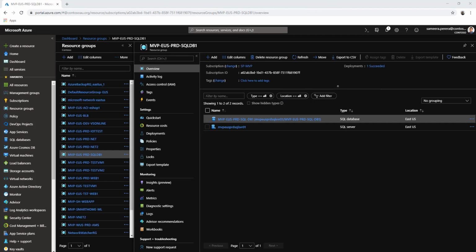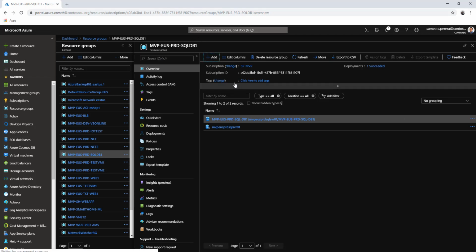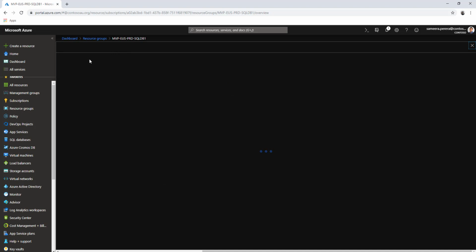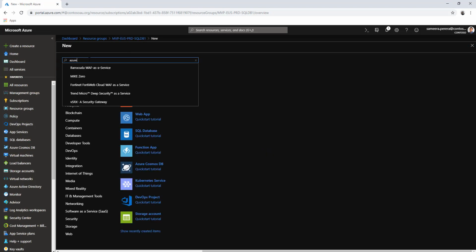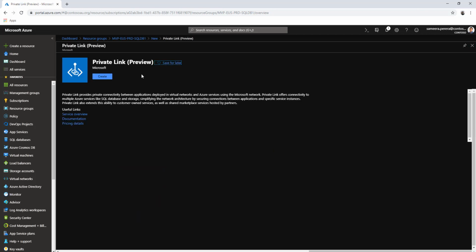So let's go ahead and create the private link. I'm going to be creating the private link, or the private endpoint, on this resource group. I'm going to add another resource, which is basically another resource in the Azure world. You call that private link. There we go. That's the one. So you create a private link resource,